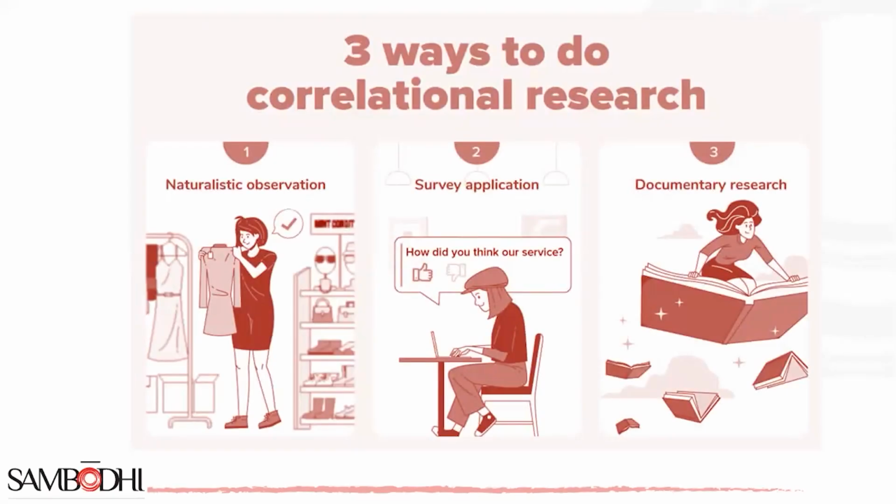Three ways to do correlation research. Researchers use data collection methods to collect information in correlation research. The first is naturalistic observation, survey, and documentary. Naturalistic observation is a way of data collection in which people's behavior is observed in their natural environment in